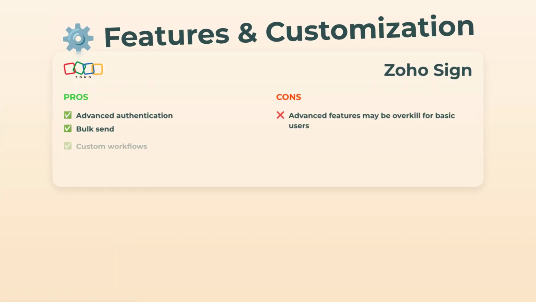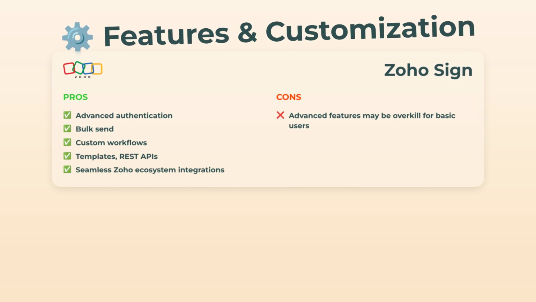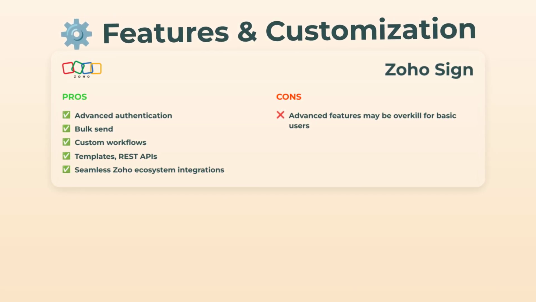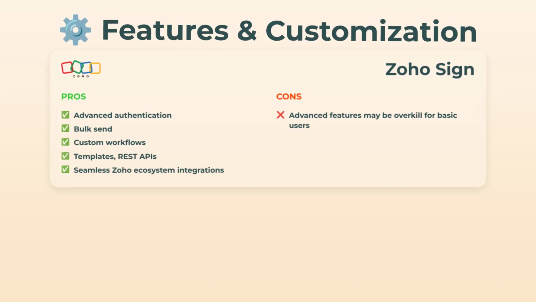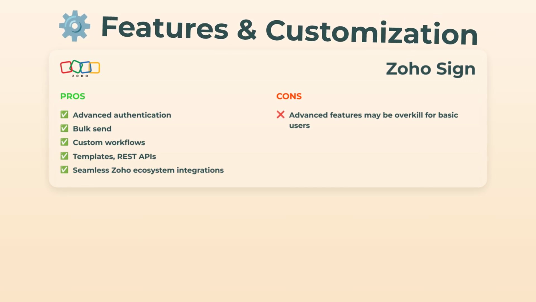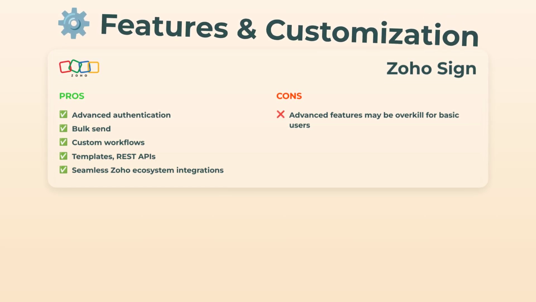Alright, features and customization. Zoho Sign brings out the big guns: advanced authentication, bulk sending, templates, REST APIs, and super custom workflows. Plus, if you're hooked into the Zoho ecosystem, it all just works. For basic users though, some of these features might be a bit extra, but hey, better to have too much